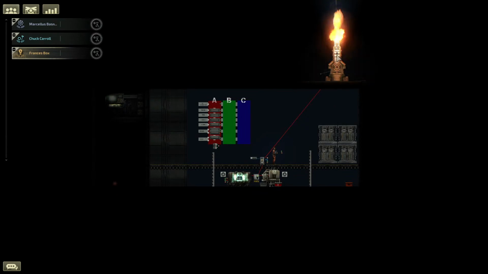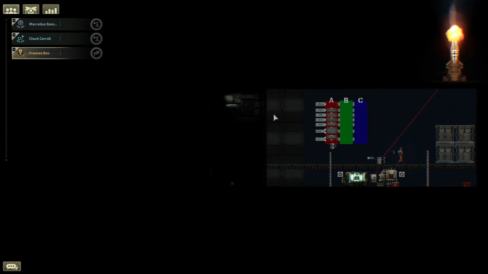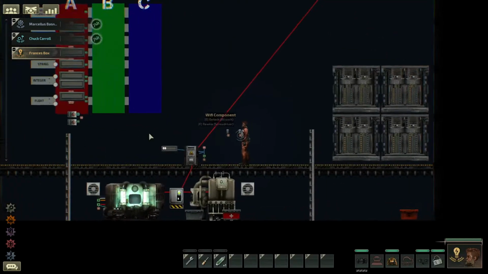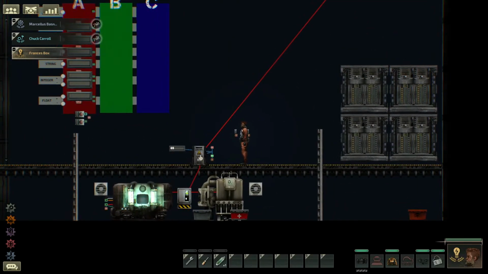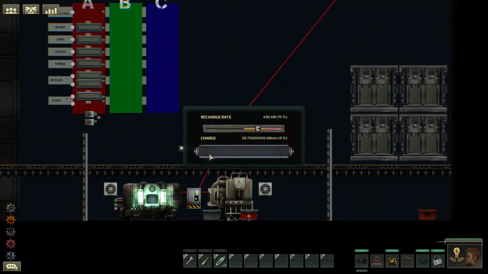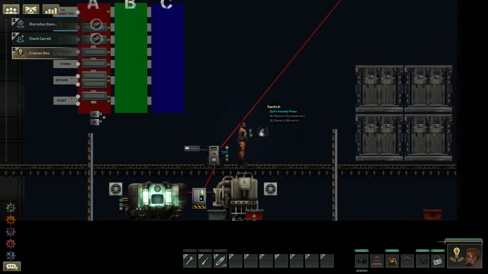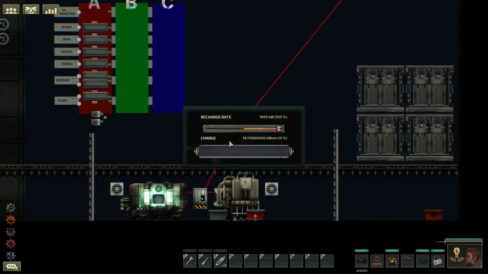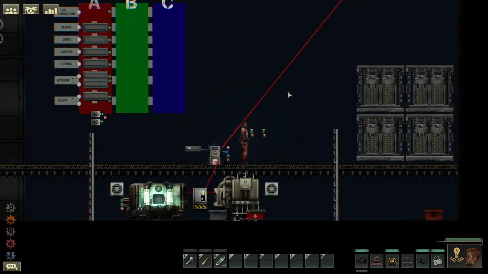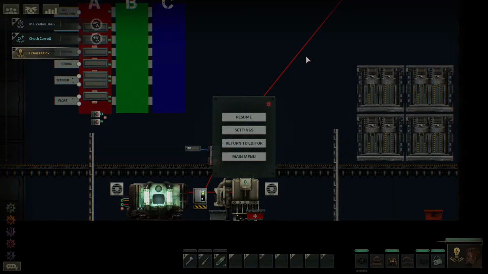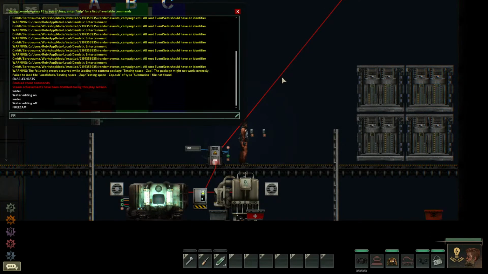So goes our heavy autocannon. Right, we are slowly getting depleted here. But if we set this to 100, we're getting enough charge just fast enough. Hang on. Right, at 69%,